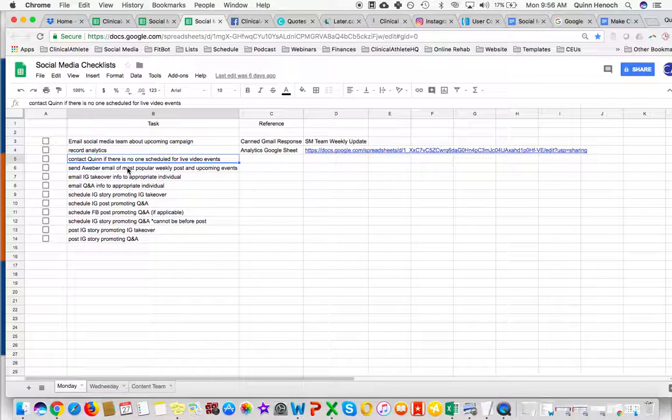And then we want to send to the general public, our email list, an AWeber email of the most popular weekly post from the previous campaign. And we share with everybody either the topic of the post, whatever it was, and maybe the research article along with it. And then within that AWeber blast are templates for our upcoming events, like at the bottom. So it's content marketing, but only a small chunk of our social media followers are going to actually see our most popular posts, so we can send that as an email as well.